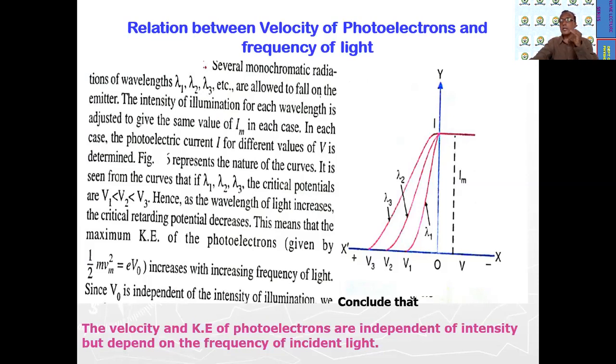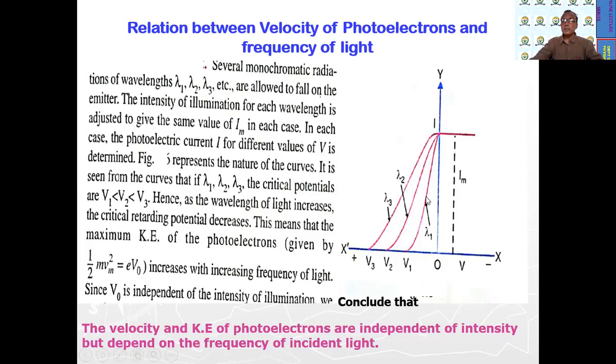That means as the wavelength of the light increases, the critical potential goes on decreasing. This means that as the critical potential is decreasing, the maximum kinetic energy of the photoelectrons emitted by the cathode C, given by 1/2 mv square, also decreases. Here 1/2 mv square is equal to eV0, and with increasing frequency of light,